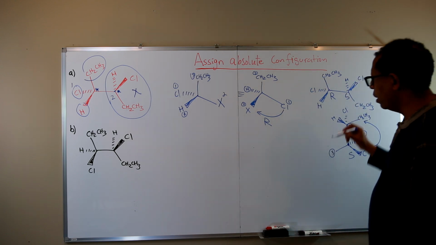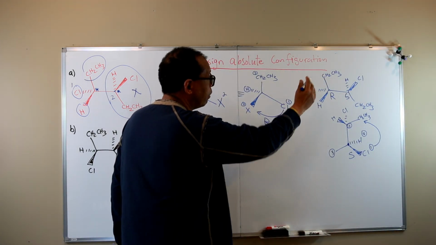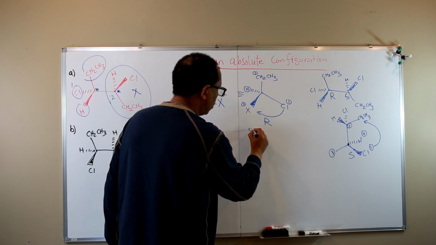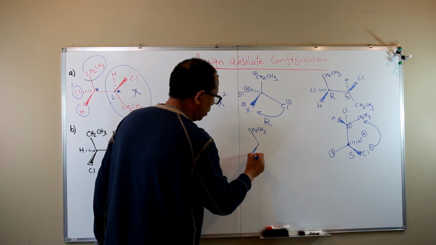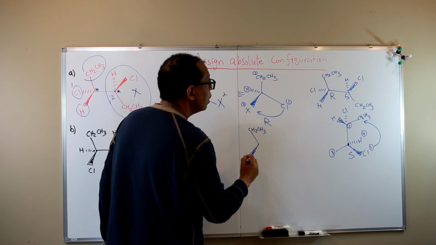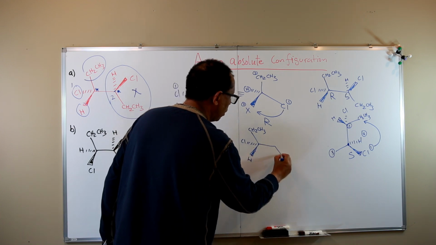So there is a plane of symmetry. That molecule actually is equivalent to CH2, CH3. You have hydrogen, you have chlorine, you have